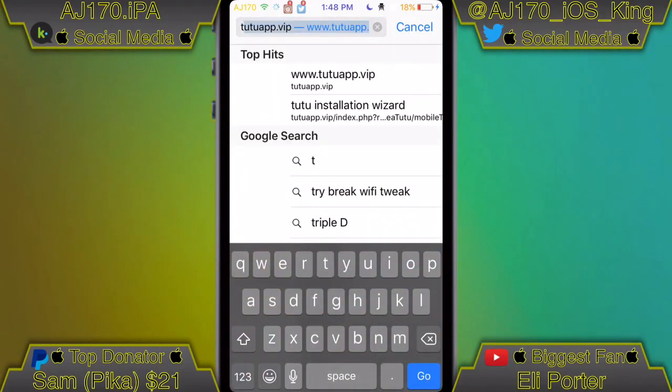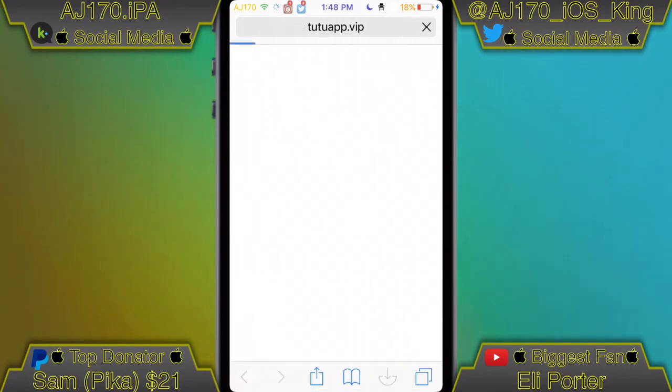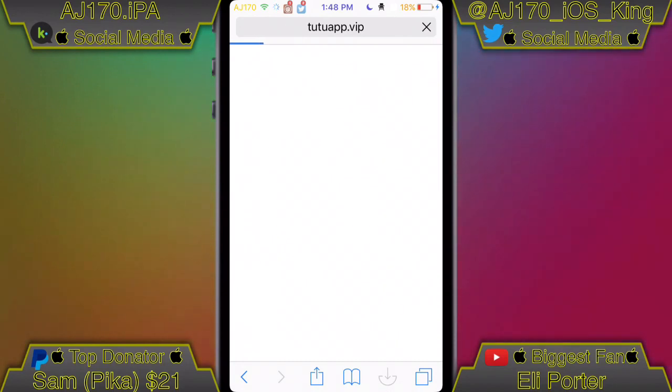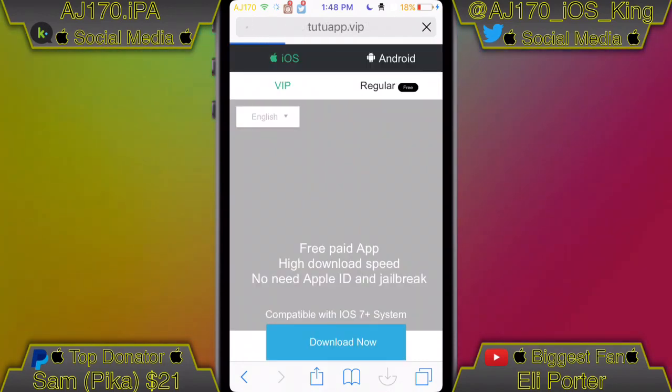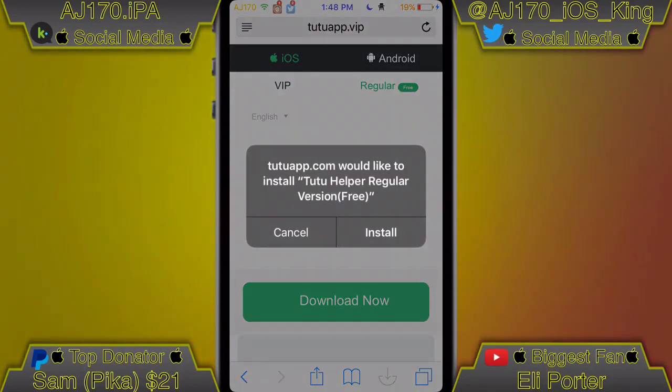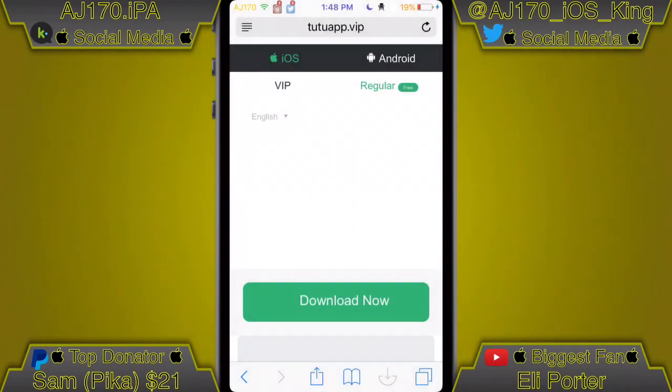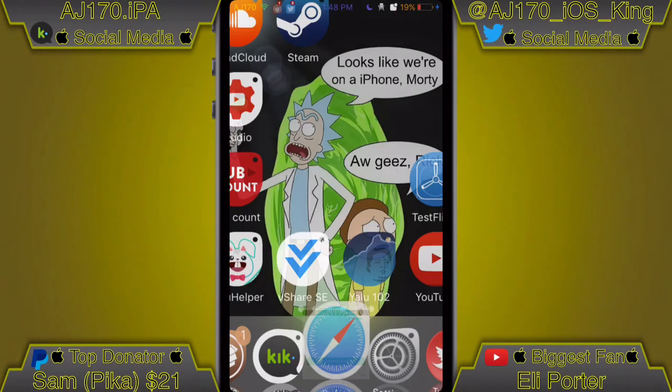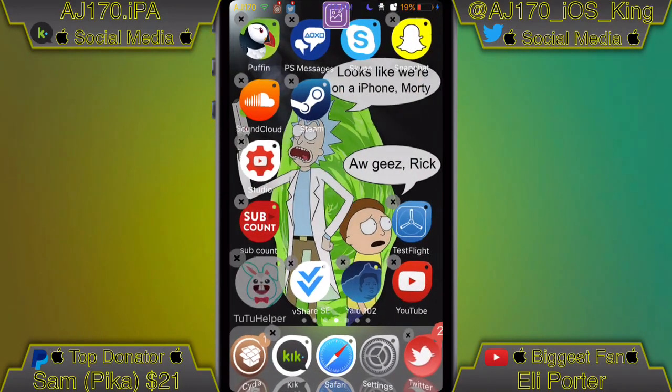So first things first, what you're going to want to do is download Tutu. Go to the link inside the description, and once you do that, type that in regular, with the little free circle thing, and then you're going to see a giant green button that says download now. Click download, then click install, then hit the home button, and once it is done installing, guys, what you're going to want to do is